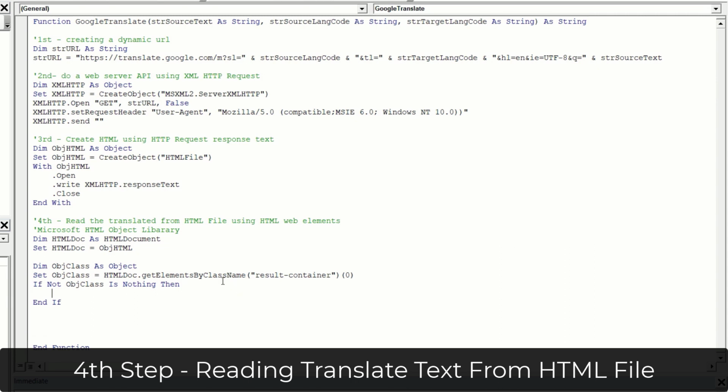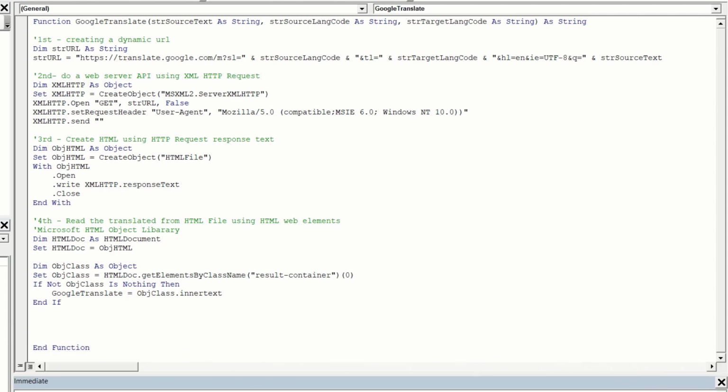Let's add this text value to our function name, and our function name is Google Translate. So Google Translate is equal to object class dot inner text. This is the property we have to use to read the text from the class. Now press enter,